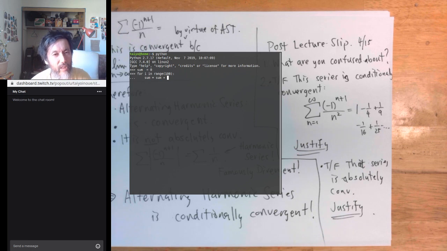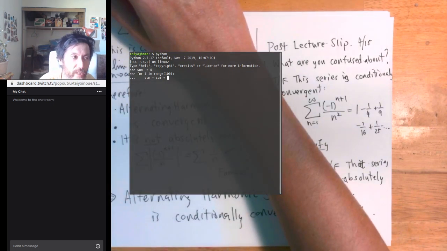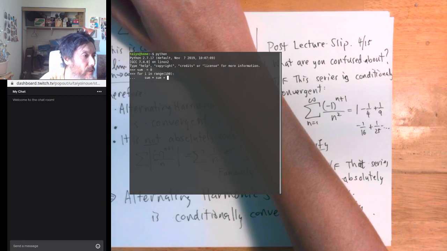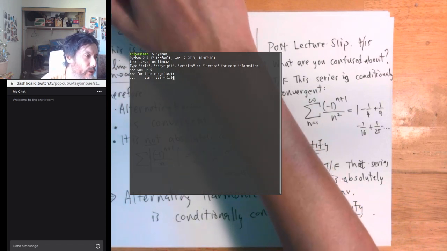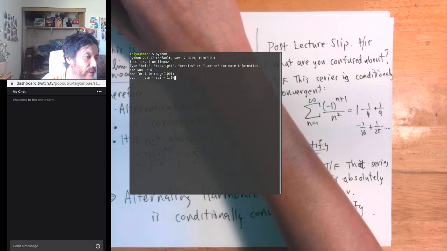It stops at 99, so that there are in total 100 terms. If you include 0, there are 100 terms in this list. It goes from 0 to 99. So sum is equal to sum plus, and now what I'm going to add is 1.0 divided by